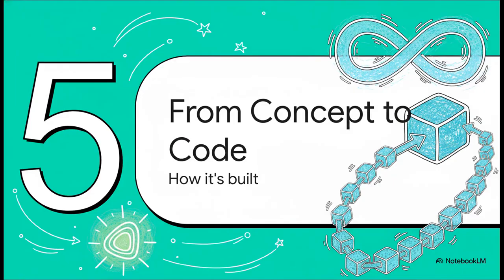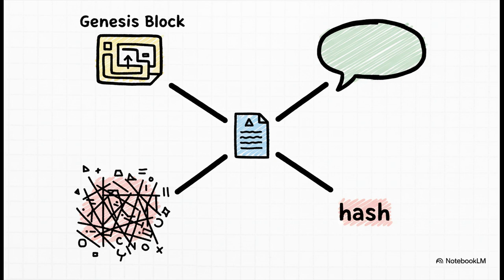Now, you might be thinking that something this philosophical and out there must be incredibly complex to actually implement, right? But here's the thing. One of the most beautiful parts of this project is just how simple it is. The whole thing, Genesis Block 0, all its fields, its message, its conceptual hash, is generated by a single, simple Python script. And the best part? It doesn't need any special or external software libraries to run. It's designed from the ground up to be universally accessible.